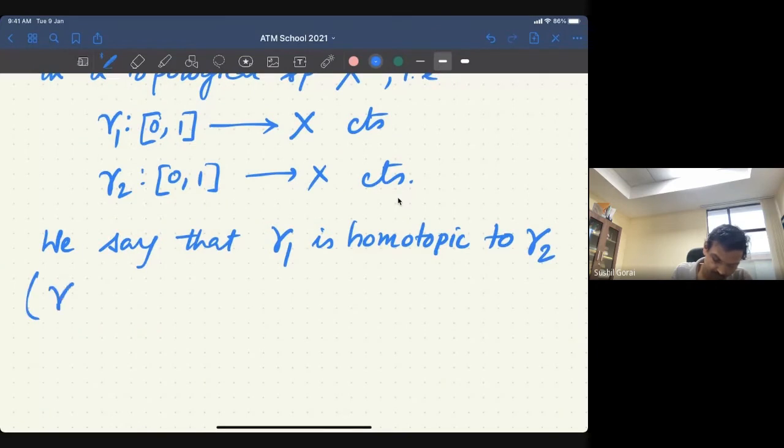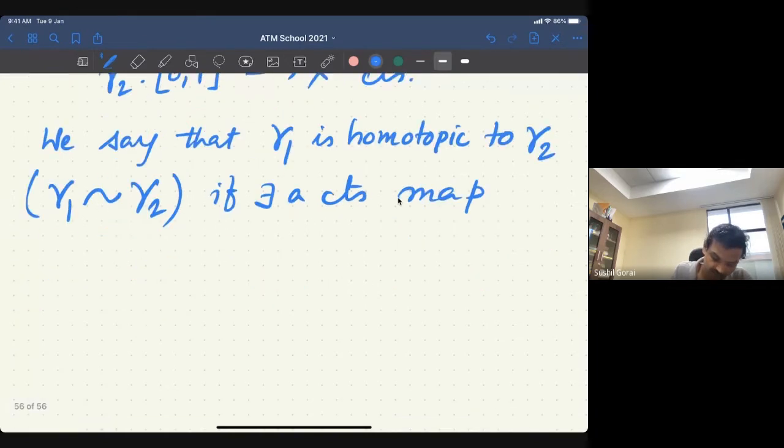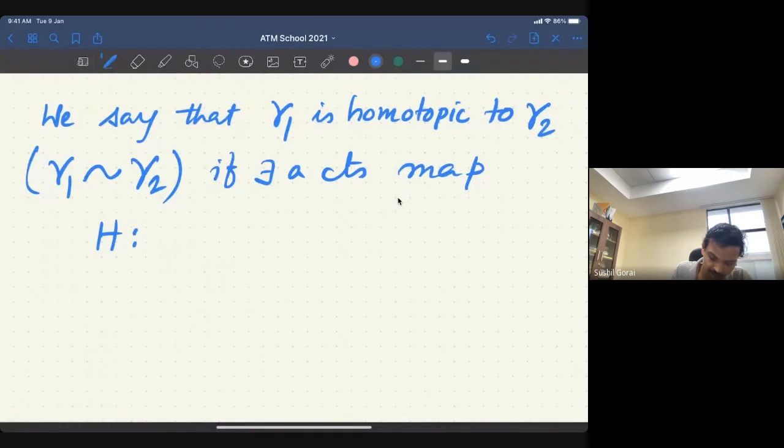So in the notation, gamma 1 would be homotopic to gamma 2. This is the notation, if there exists a continuous map H, H stands for homotopy, from the closed interval 0, 1 cross the closed interval 0, 1 to X, such that